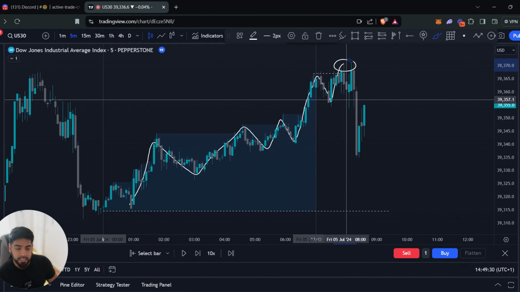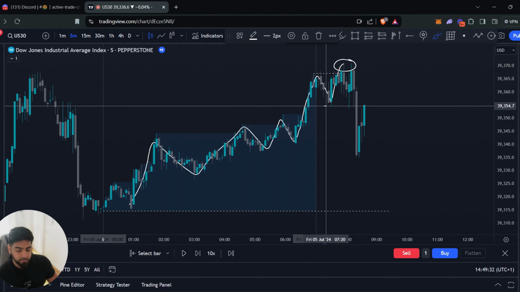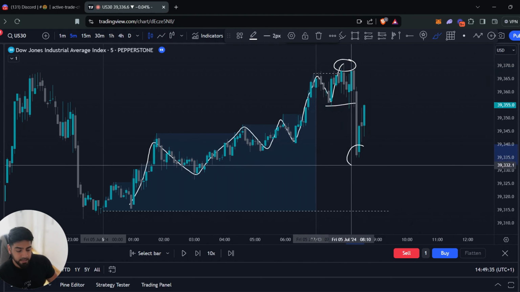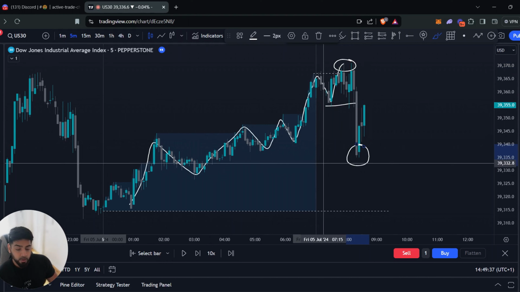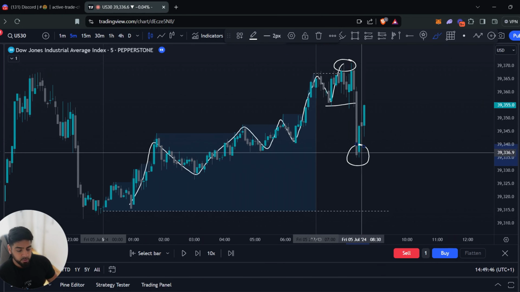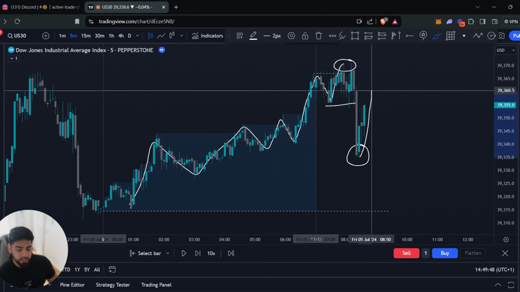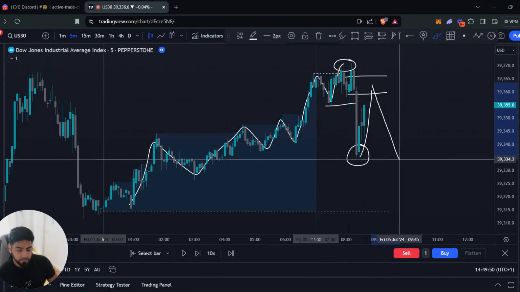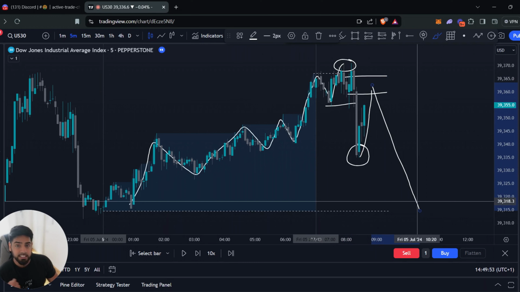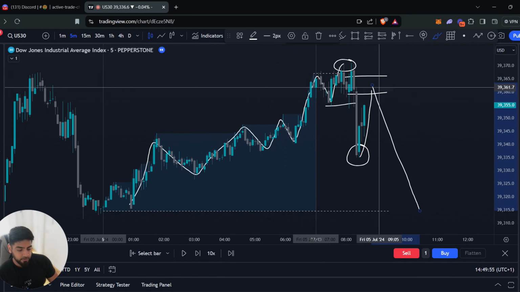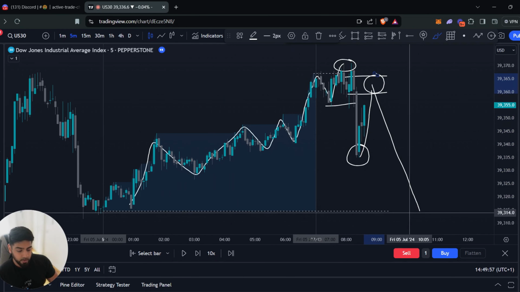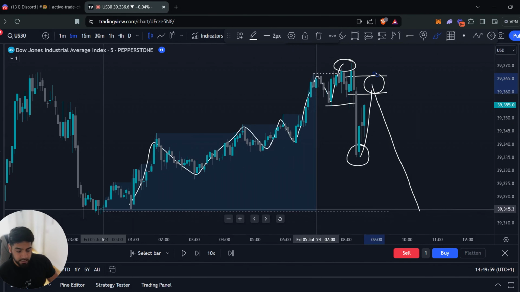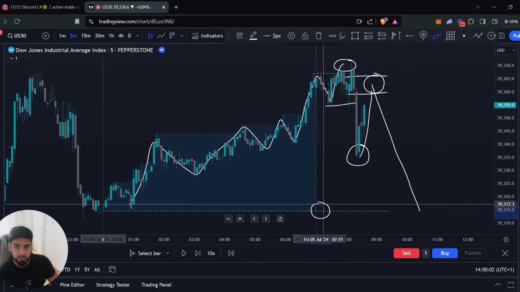In order for us to get a market structure shift, we have to break the previous higher low and price has to give us a lower low. Once we get this lower low, that signifies the trend has reversed and price is now looking to go in the opposite direction. Therefore, our anticipation is that we're going to get a lower high and then a continuation lower to continue this new trend. We're looking to capitalize on this lower high and ride it down to our targets, which in this case would be the Asia low.